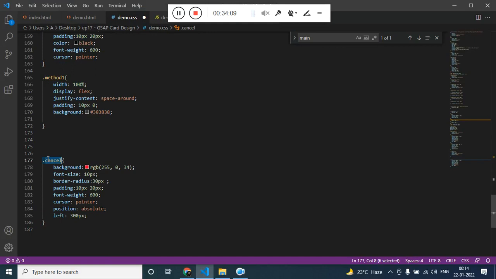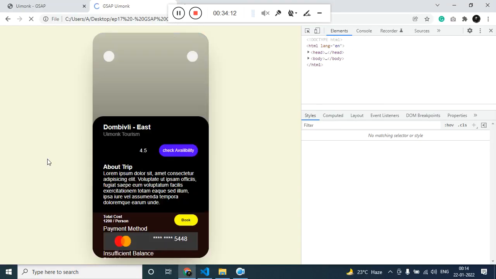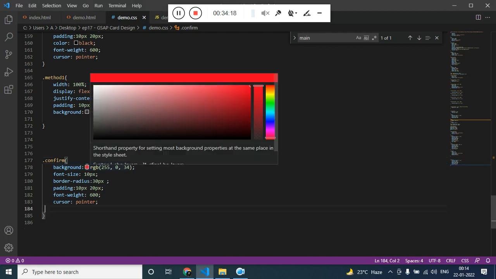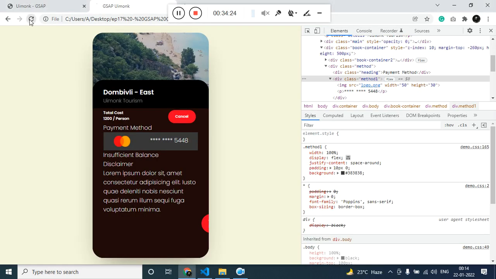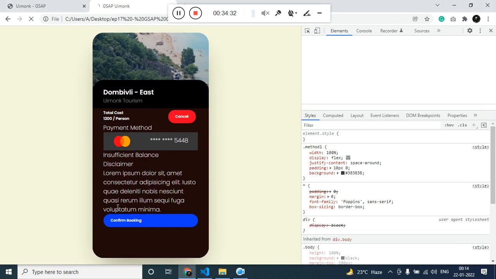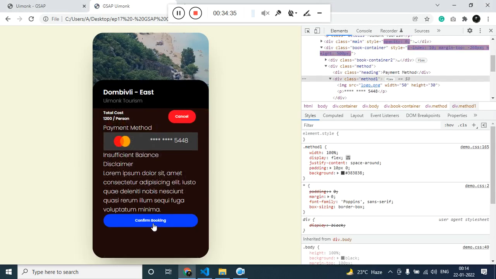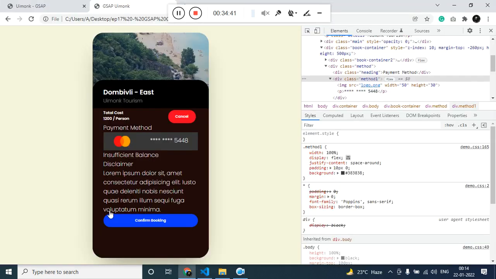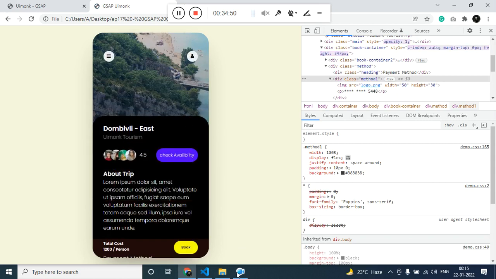It's actually a button. Refresh it. So we don't need this position. We want the color to be, and we can make the text align center, and of course you can give padding, margin to it, top and bottom 20 pixel, left and right 0. Cool. So I believe we can close this, and let's start working on the